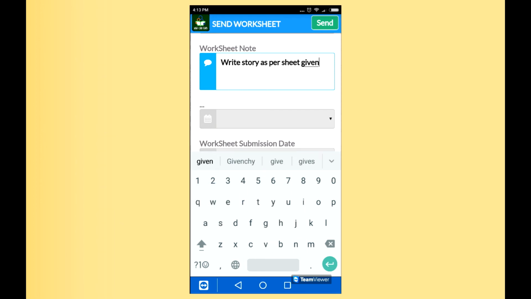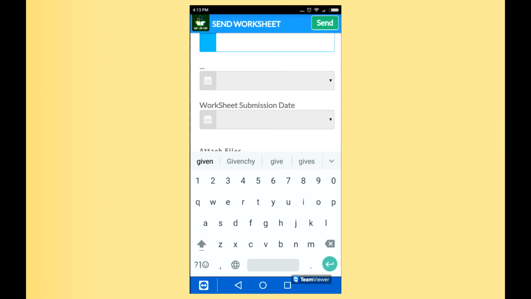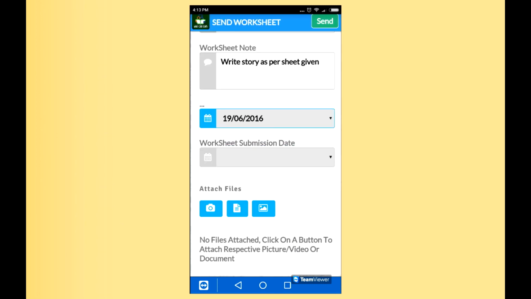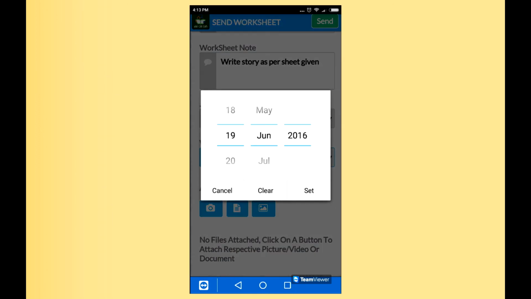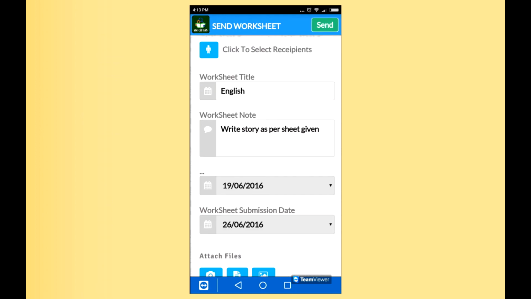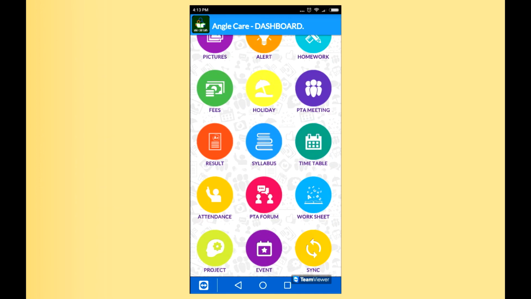So here I have given that they have to write the story as per the sheet given. So I have attached the sheet. Now I have to define the submission date. So I set the date on which I have given it and when it has to be submitted. So let's see, I have to submit on the 26th. So I select the submission date as the 26th. Now I'll click on the send button. So the sheet will go to the particular division.